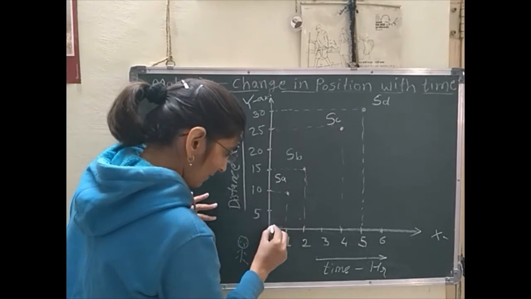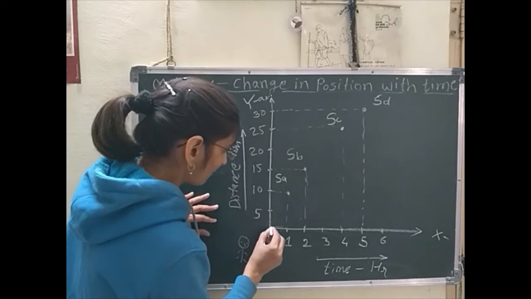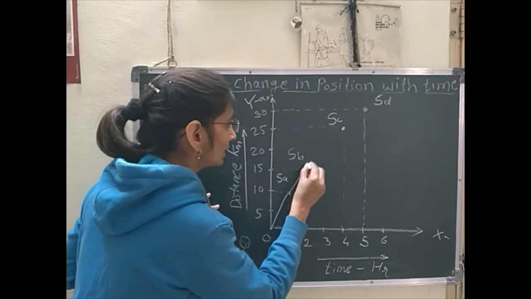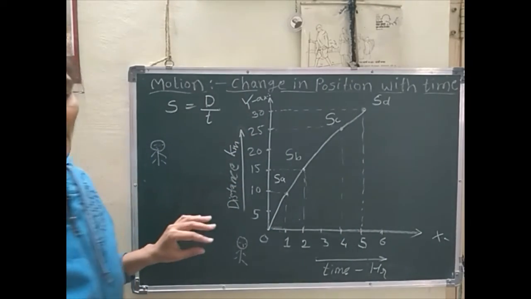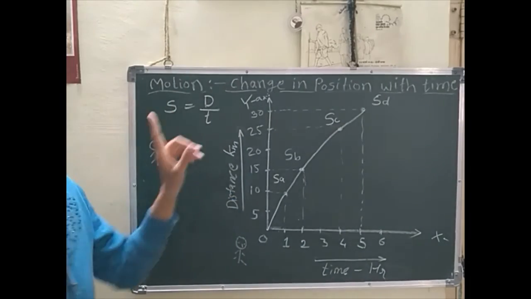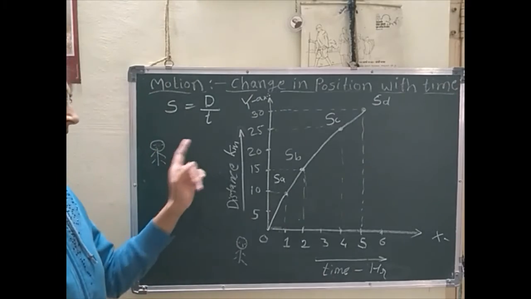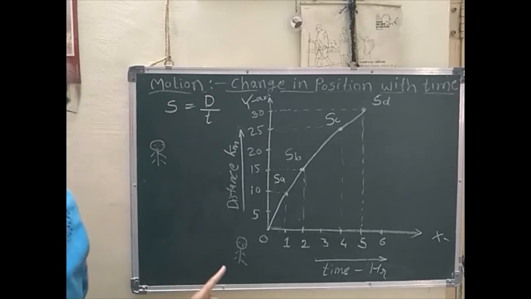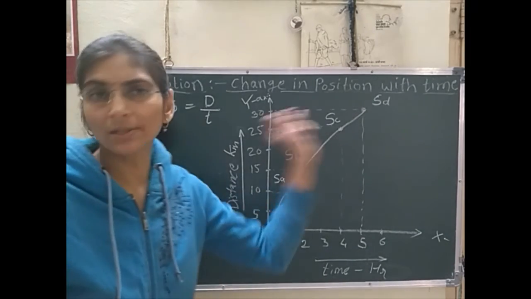Yes, so I will plot that. Here also many line graphs are from the start of his traveling, so I have to join only these points, then we will get the line. Yes, these are the points, and in this manner we got the line graph, distance versus time. This is the graph for speed at different points. For this fellow, we have to take distance versus time and we will get these points.